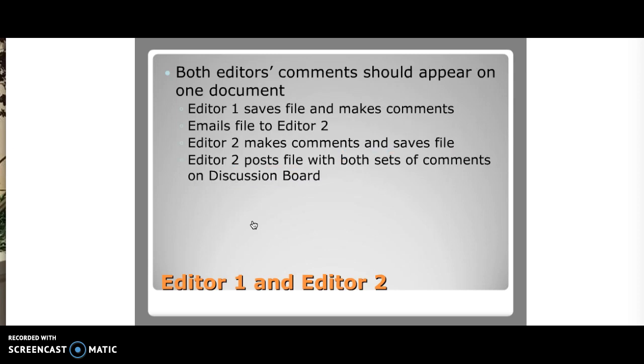Editor 1 can go into Blackboard, open up Discussion Board, and save the file that the writer has submitted. Then open that in Word and make comments. Once he or she has finished making comments, save the file and then email that or somehow get it to Editor 2. Editor 2 will then open that file, make additional comments, look at Editor 1's comments, make sure there's no contradictions, and then save the file,